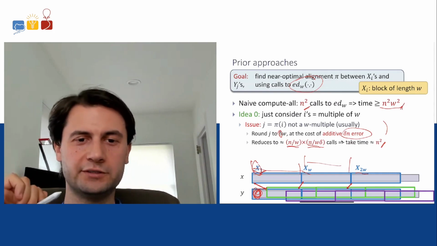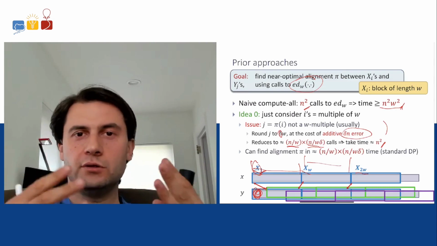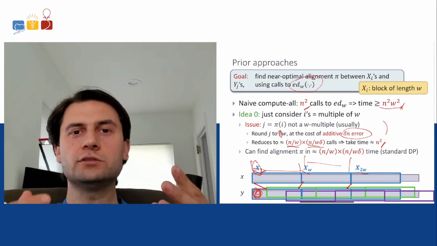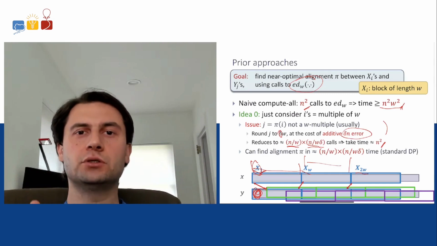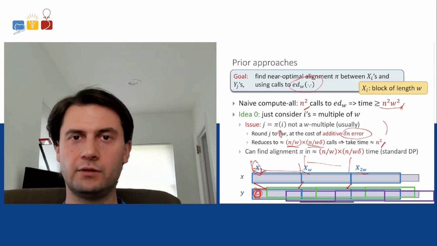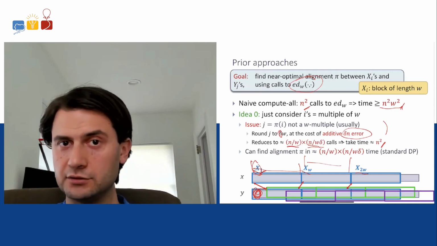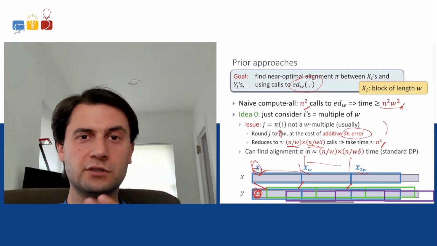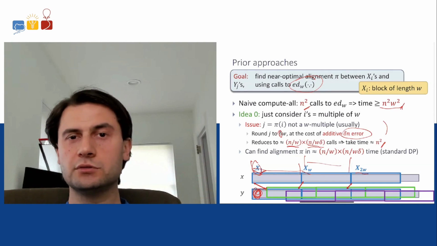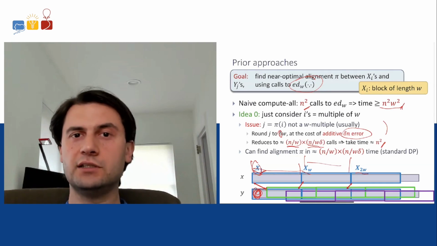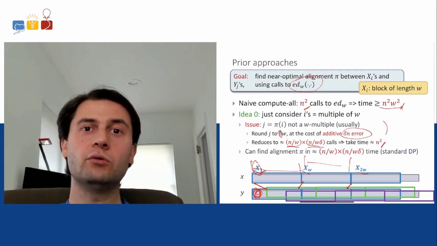Okay, it's some progress. I should mention that we are talking only about how many calls we need to make to compute edit distance on these shorter blocks and shorter substrings of length W. Of course, this is not the entire problem. At the end of the day, we need to match them, and the matching also takes some time. But let me sweep this under the rug, because this looks much more similar to the standard dynamic programming. It is possible to solve it, finding this alignment between blocks, in time which is the product of the number of blocks,